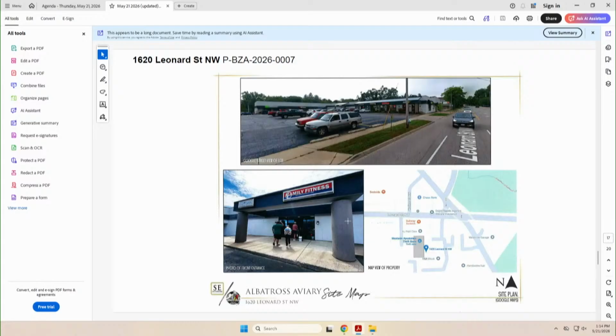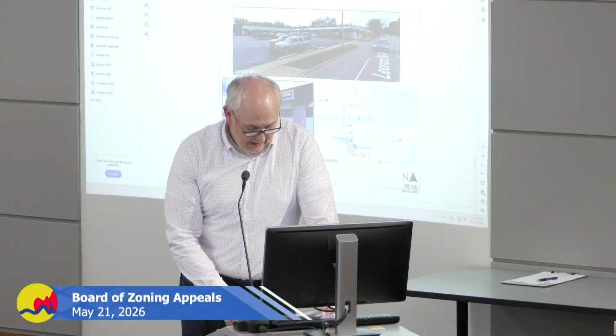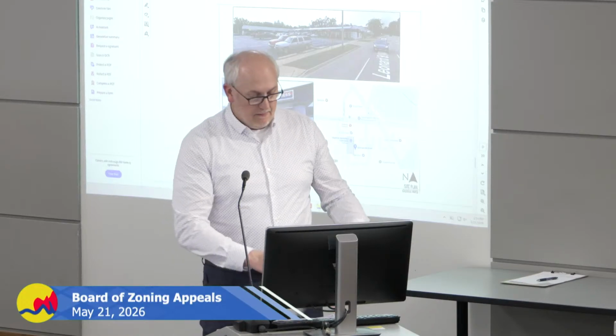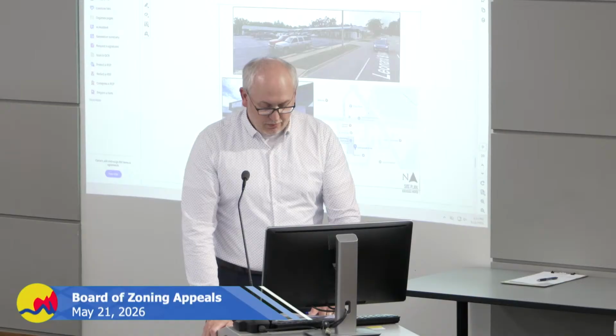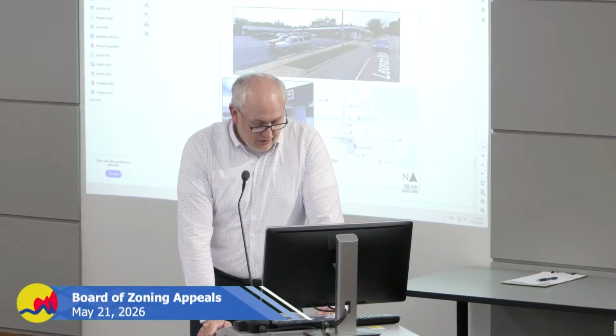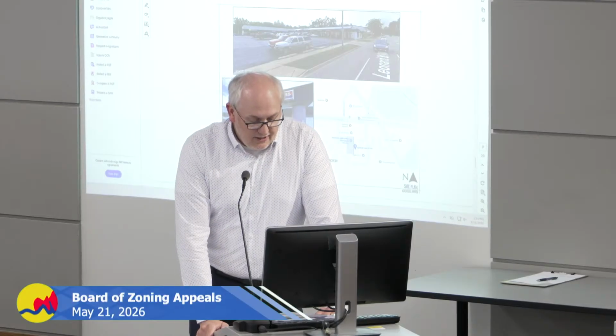The use variance application is for one of 9 commercial tenant spaces on the property. The applicant is currently occupying that commercial tenant space and has moved into the building without zoning approval. Neighborhood outreach, letters of support and opposition were submitted for the prior application to the Board of Zoning Appeals. The letters from the previous case have been uploaded to the packet as one single attachment. Additional letters received for this request have been uploaded individually. I think there were some received as early as today.